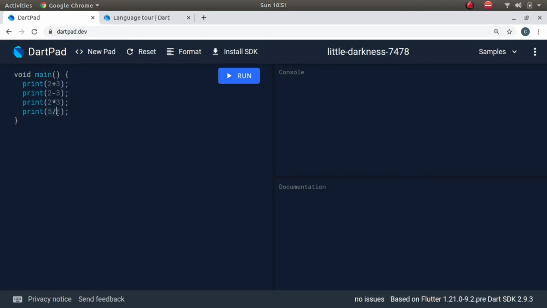5 divided by 2 is, we know, 2.5, right? It is a decimal value, but 5 is an integer and 2 is an integer, so the result will be 2.5, a double value. But if we want the result to be an integer, we have to write this symbol and then the divide symbol. Now what is this symbol?